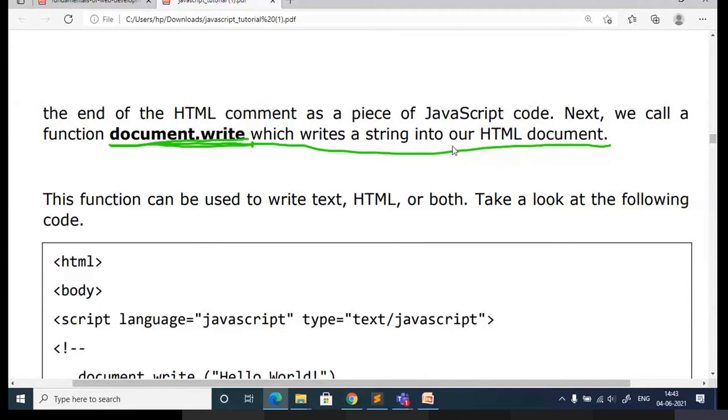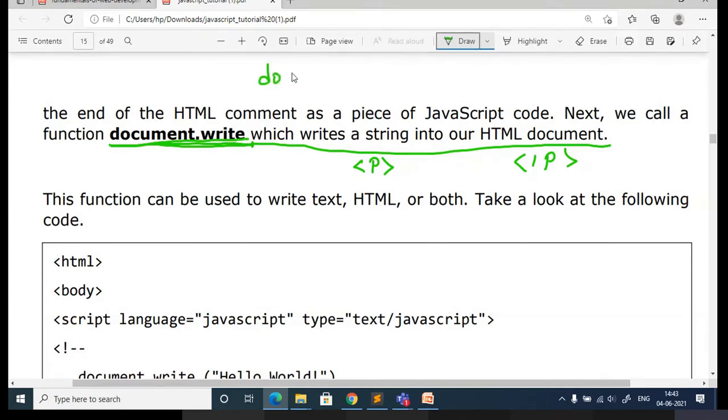Document.write writes the string into the HTML document. Normally, to write content to the web page, you use different tags, like paragraph tags. But if you are writing JavaScript, to display or write content into the web page, you have to use document.write. Note it down, we'll be using this repeatedly in the lab programs.